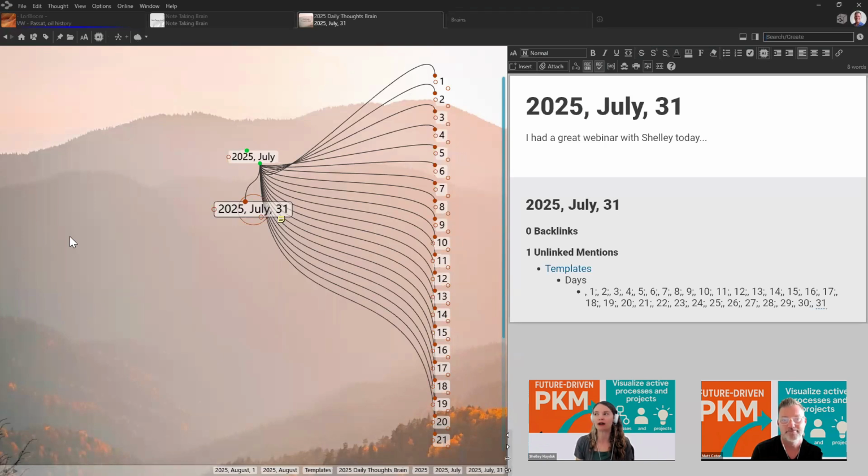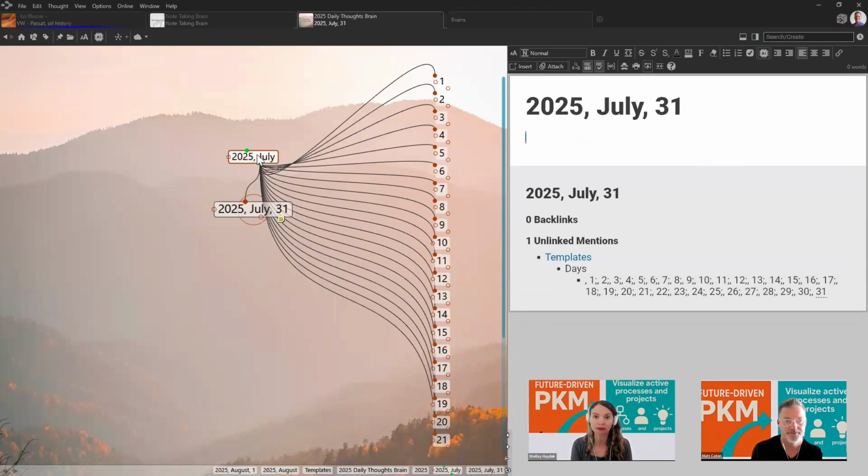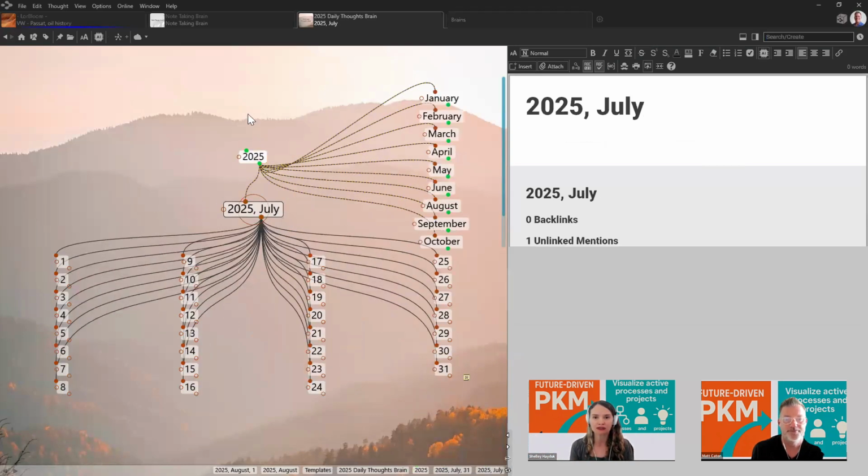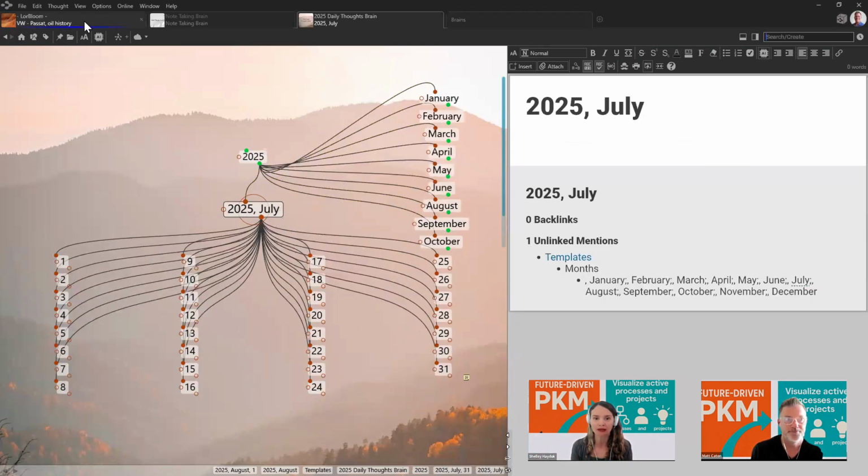So if there's that one design document that's buried on your shared folder drive in your company or in Google Docs that you're sharing, but you need to get access to it when you're in your design mode in your brain, create that shortcut, and then you've got that tunnel vision. That's the great thing about the brain. It is agnostic. So whether the data is inside or outside your brain, that visual display and that relational map will be able to get you to wherever that data source is.